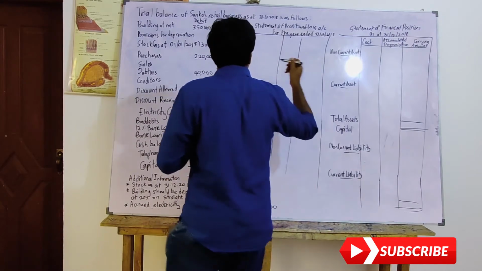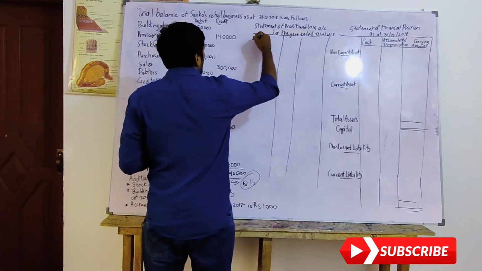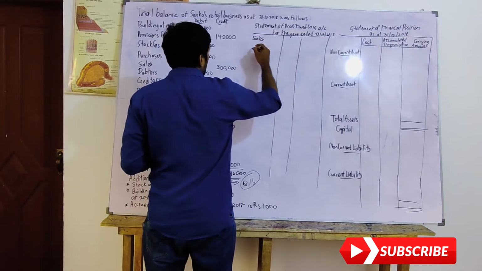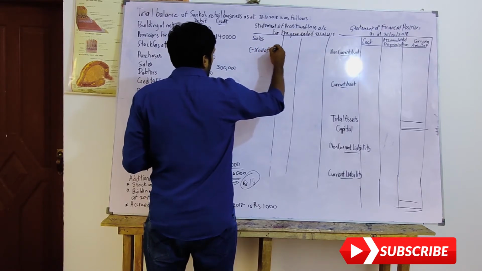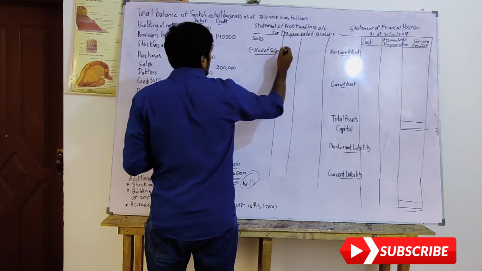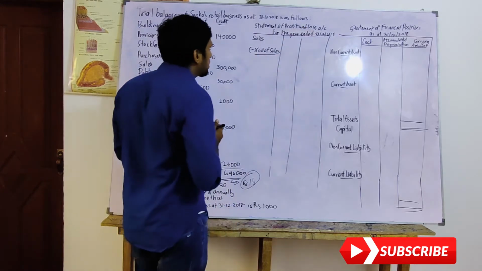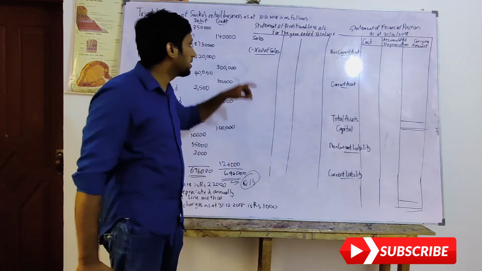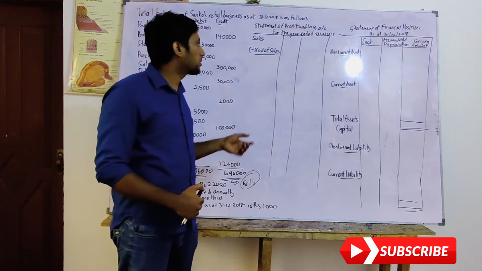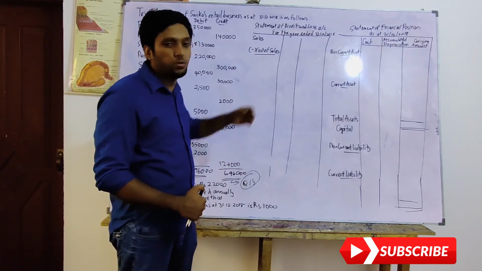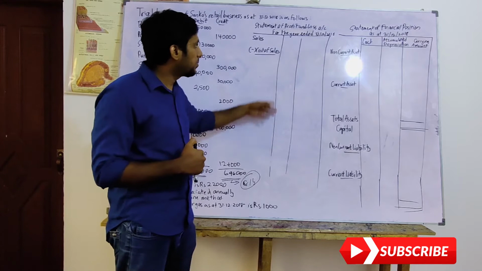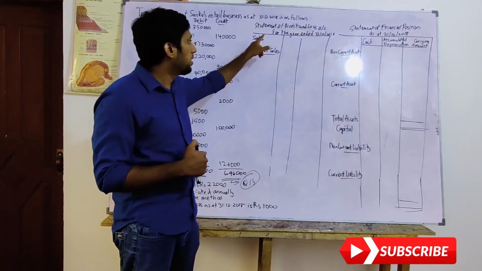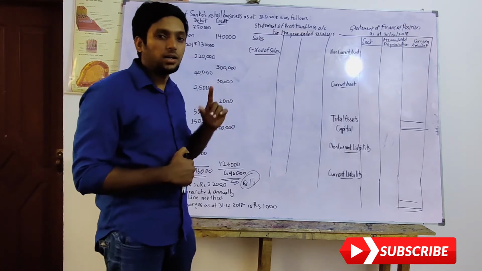See here, always start with your income statement. Always start with sales. Leave some space, maybe 2 lines, and put a topic, cost of sales. And remember not to forget to write the heading, statement of profit and loss account for the year ended, because the examiner says that if you don't write it, you will lose marks on your exam paper. He will not give you a mark for this statement. He might give marks for the workings, but for the heading they will reduce a mark on your exams.